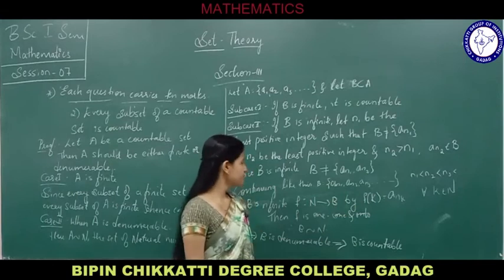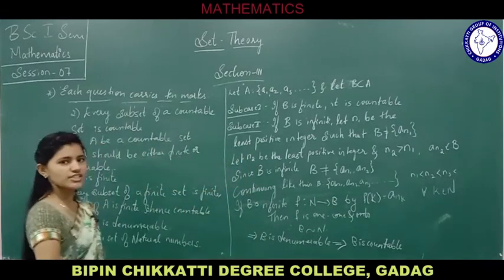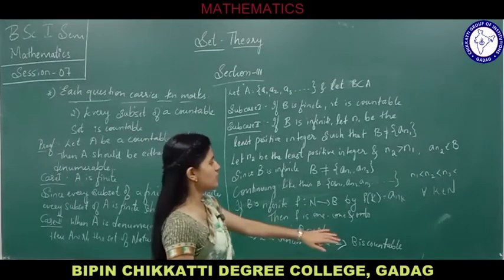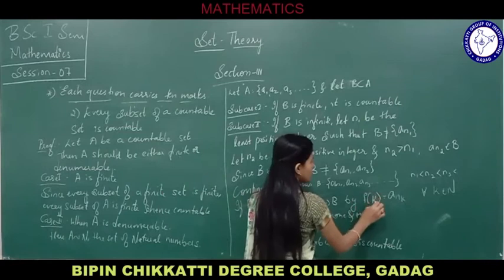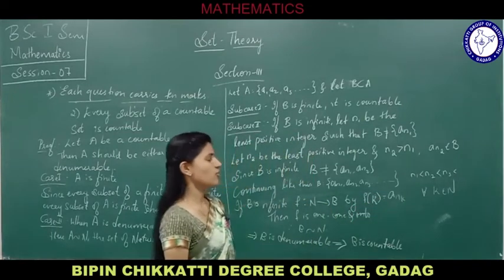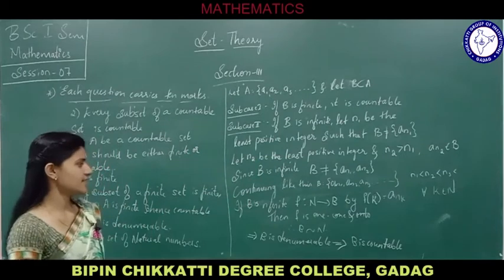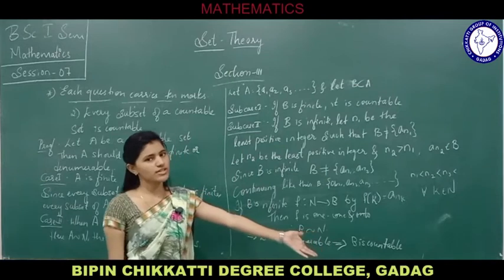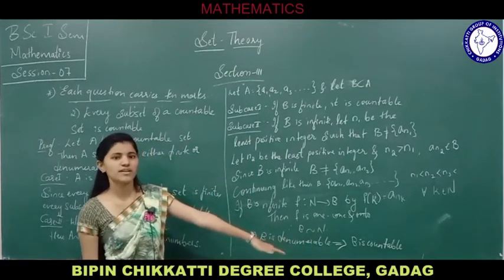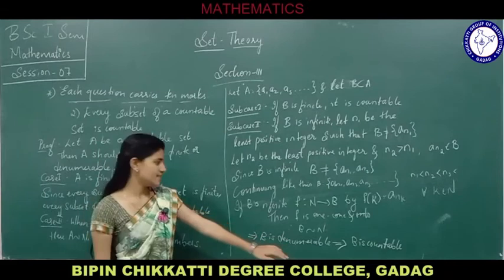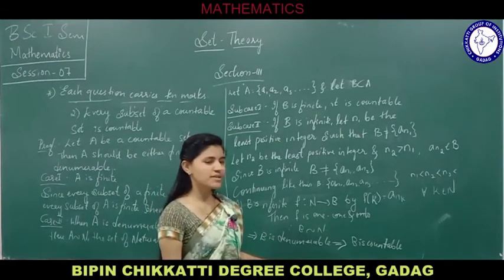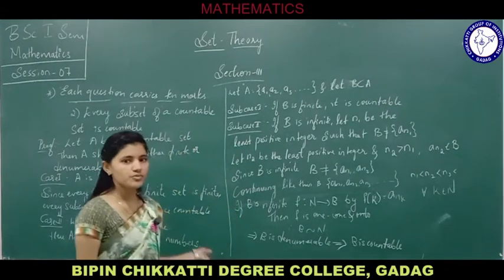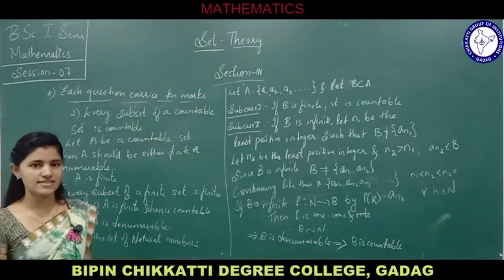Continuing in this way, we are going to define the function f from N to B in such a way that f of k will be equal to a_nk for all k belonging to the set of natural numbers. Then what is going to happen? f is both one-one and onto. If it is both one-one and onto, obviously f is going to be an equivalence between N and B, and that's why B is denumerable and hence B is countable. We proved that every subset of a countable set is countable.